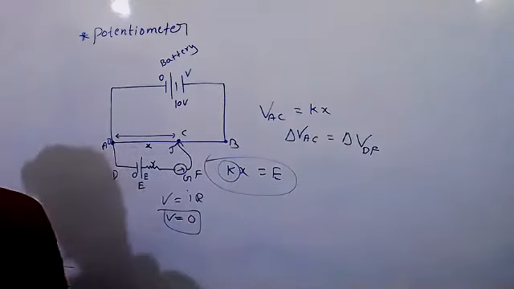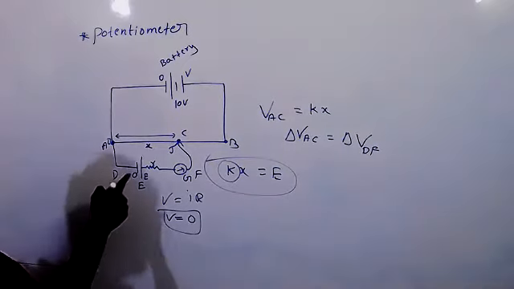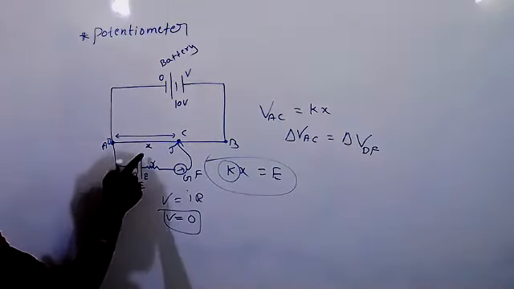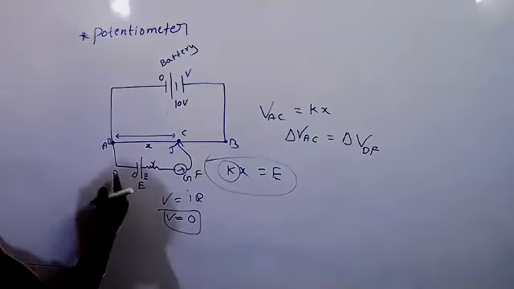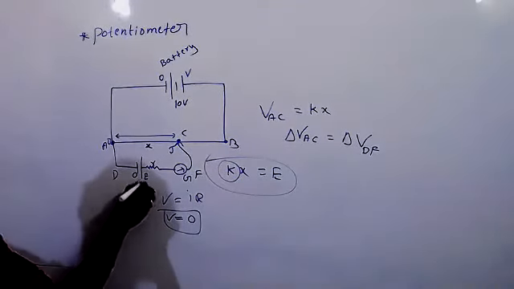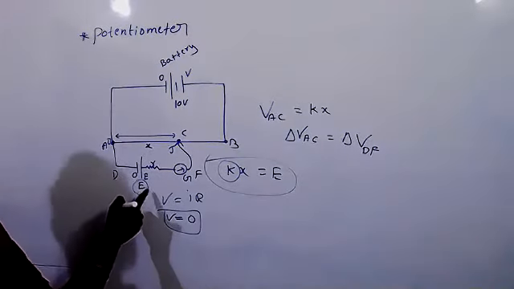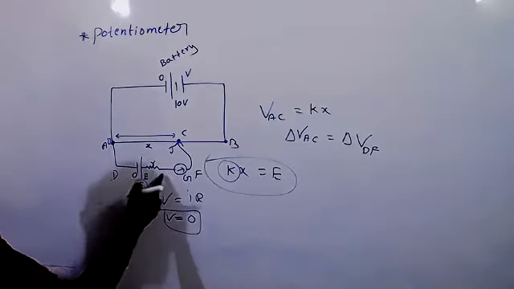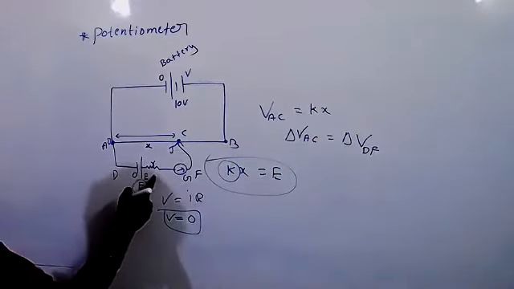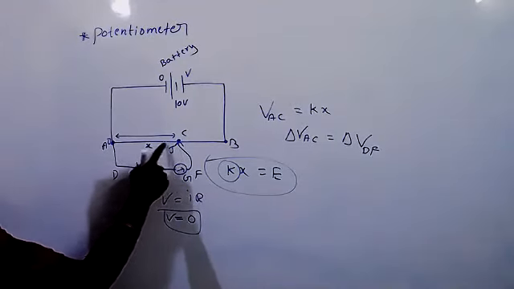Simply you can measure. Now look at this. Suppose this polarity I have, remember, battery polarity is negative to positive. Whatever EMF I connected to compare, I'm going to measure the EMF. What is the EMF? EMF equal to K into X. How have I measured? I have connected this EMF as shown in the figure, and I am moving the jockey